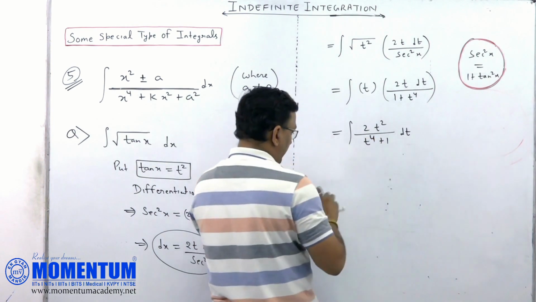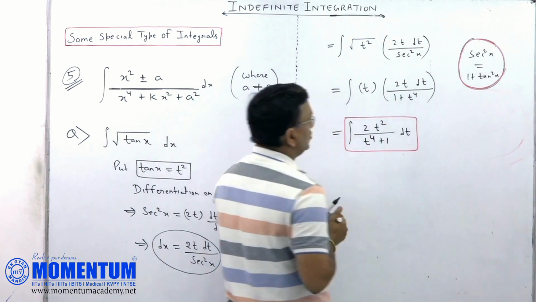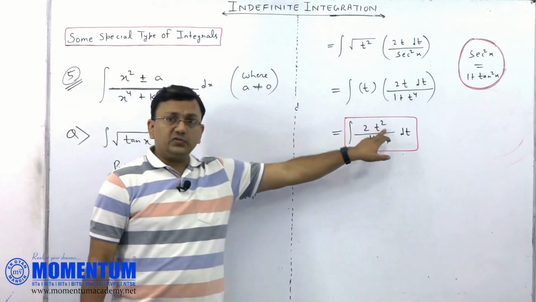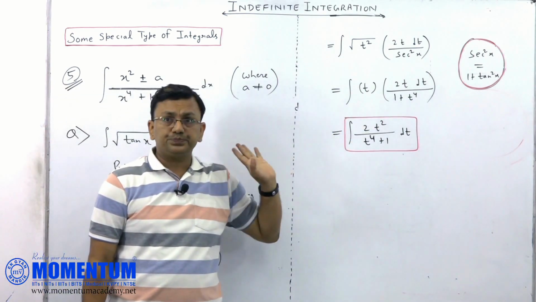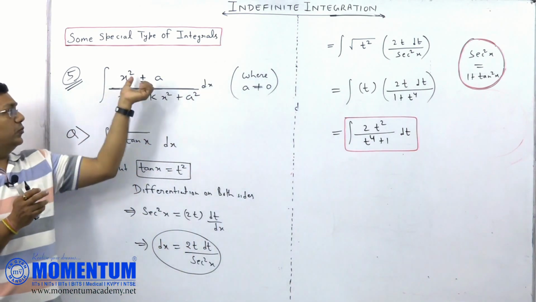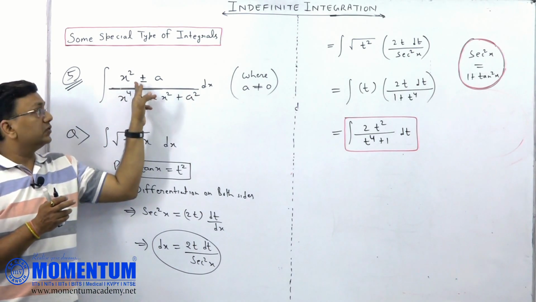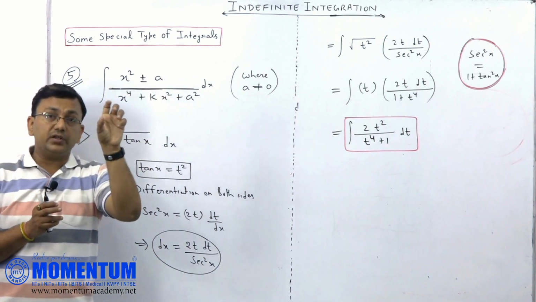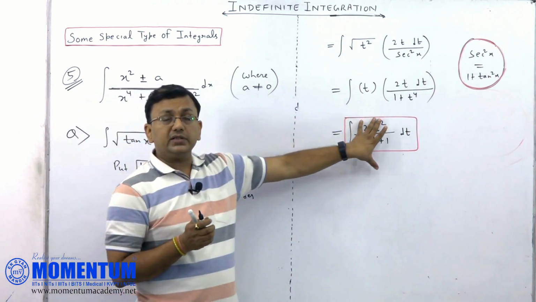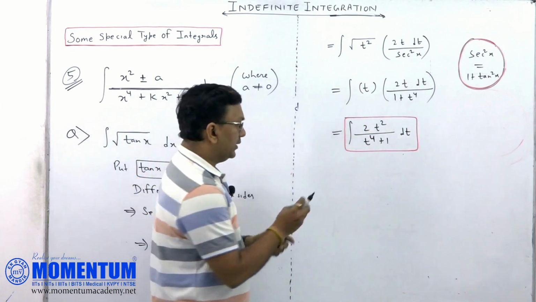Now student, from here you have to decide special integral number 5 है भी कि नहीं है. न्यूमरेटर हैज पावर 2, डिनोमिनेटर हैज पावर 4. बट स्पेशल इंटीग्रल नंबर 5 की रिक्वायरमेंट क्या होती है? ऊपर पावर 2 नीचे पावर 4 एज वेल एज न्यूमरेटर में जो पावर 2 होती है उसके साथ प्लस माइनस में कोई कांस्टेंट होना चाहिए, which is not here. बोलो. So right now it is not 100% special integral number 5, but